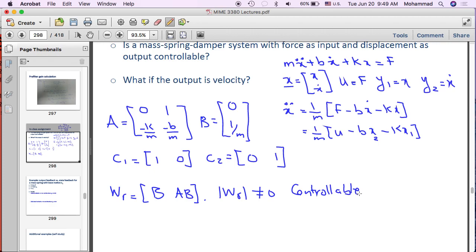The second question is, what if the output is velocity? What is your answer? Doesn't matter, because C doesn't appear in the controllability matrix. So it doesn't matter what the output is. It just matters what A and B are, which has nothing to do with the output. So let's go ahead and calculate